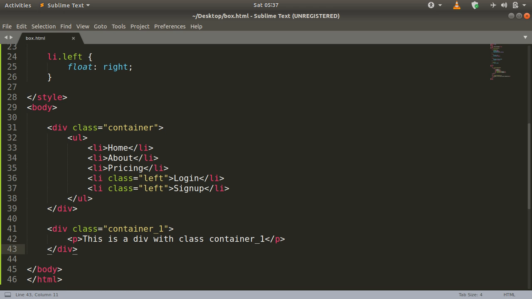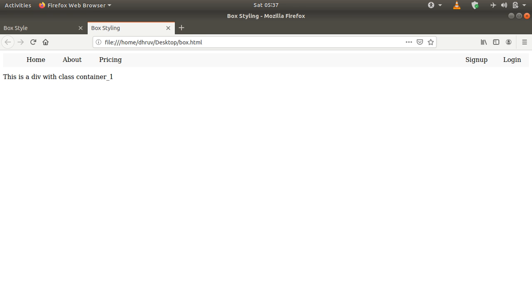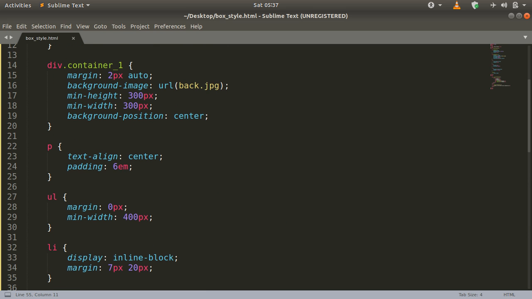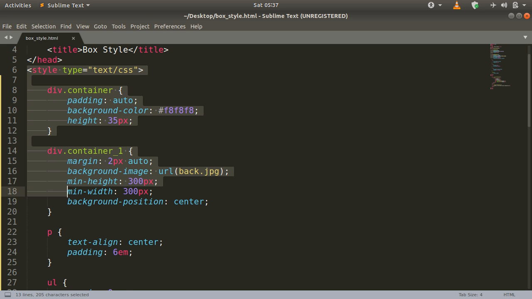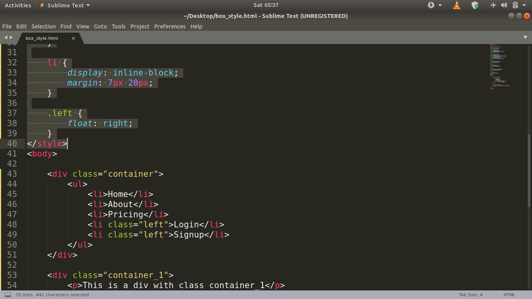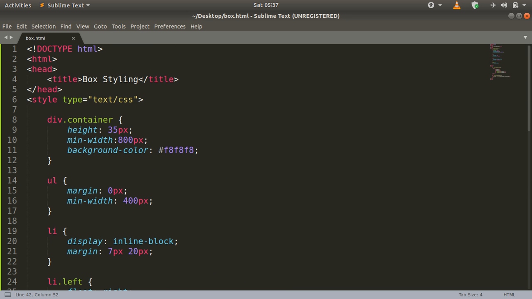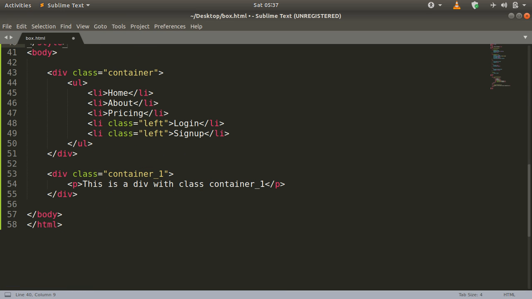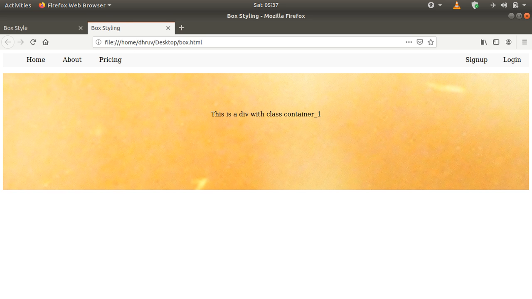You can see that we have used a basic class called container and a paragraph which says this is a class container1, but we haven't specified the styling yet. So I am just going to copy paste the styling. From division1, let me copy paste the entire style tag and paste it here. Okay, let us refresh the page.